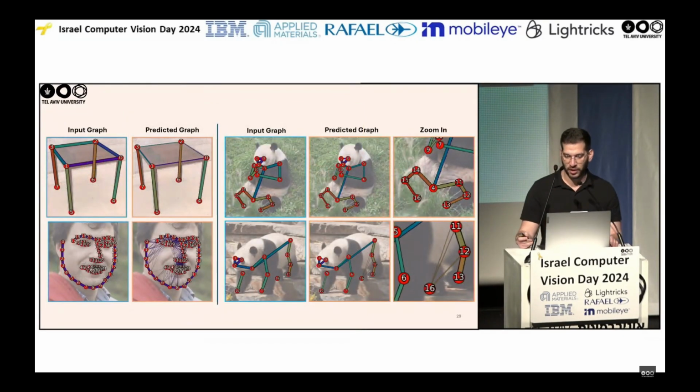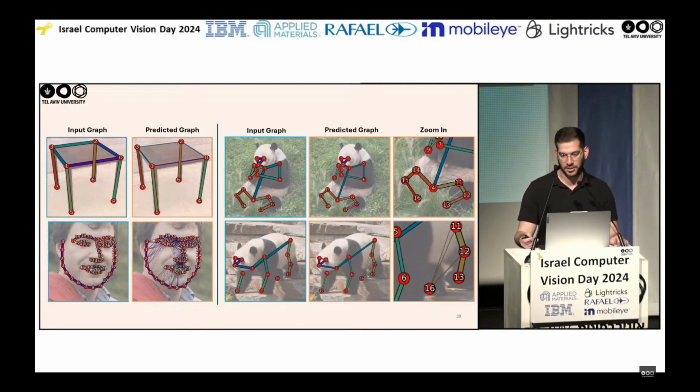So here are some examples of the graphs predicted by our model. On the left, you can see the input graph, which is the graph input from the user, which is unweighted. And on the right, the predicted graph by our model. On the top left example, the model assigns lower weights to symmetrical key points on the table. And on the bottom left, the model adds new edges to the graph in the human face where they were missing,